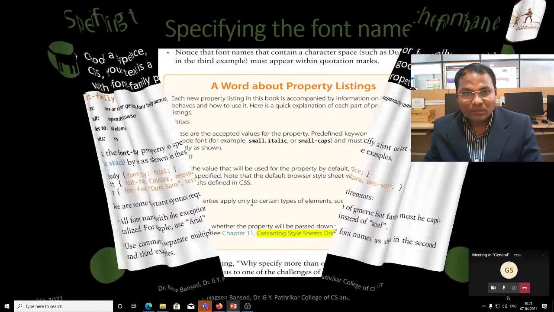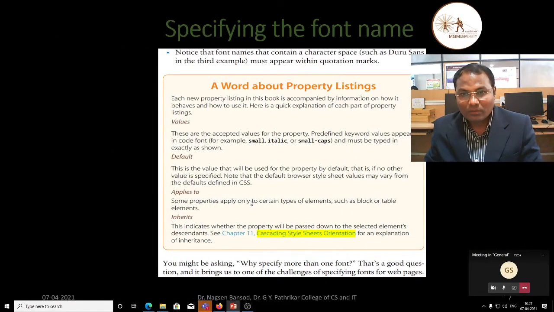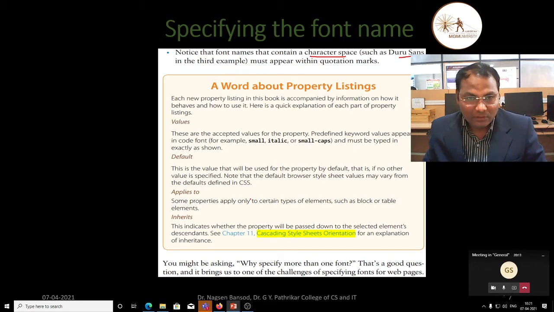Now see a word about the property listing. Each new property listing in this book is accompanied by information on how it behaves and how to use it. Here is a quick explanation of each part of the property listing. Values, default, applies to and inherit. We have already discussed all these points in a previous lecture.